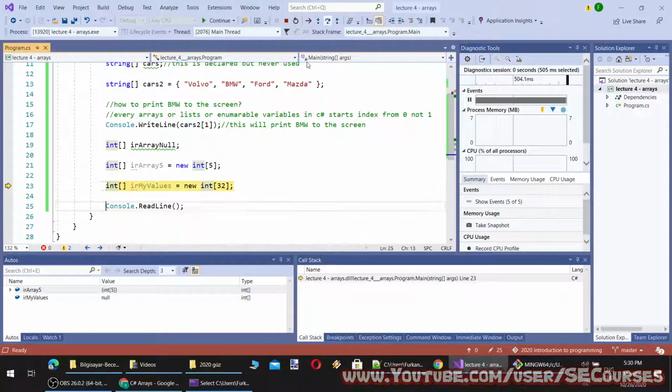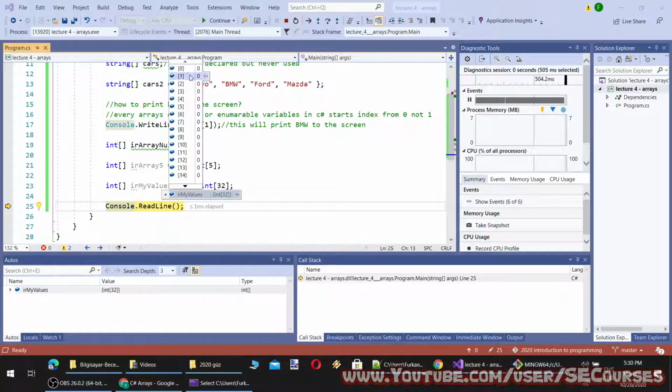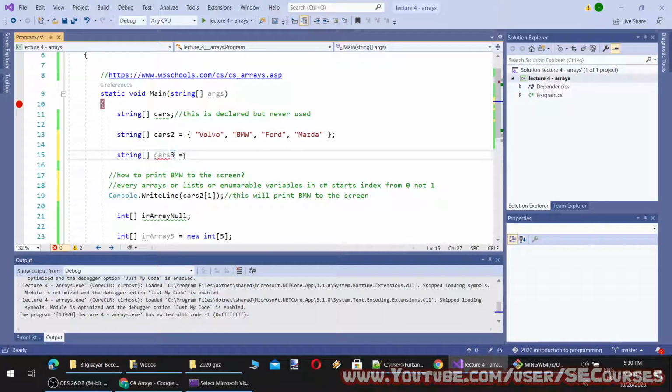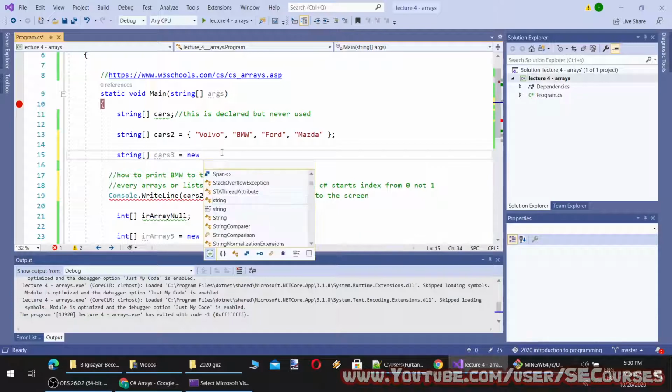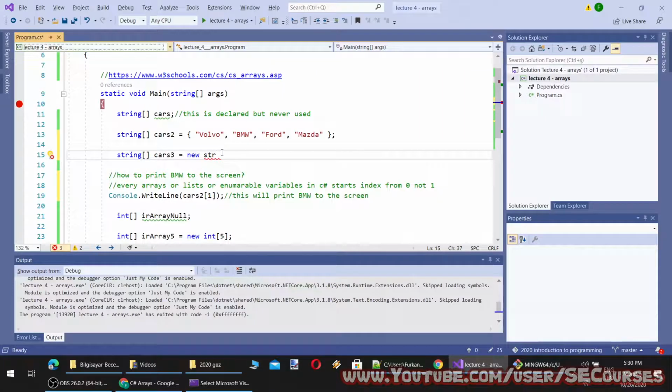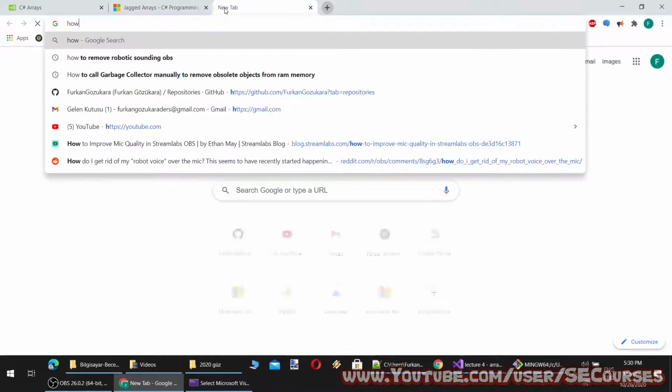Okay, and this will compose an array with 32 values, each one is 0. How is a string array initialized? Let's check it too. Why is it not working? Okay, now it is auto-completing. There is an autocomplete feature of Microsoft Visual Studio.